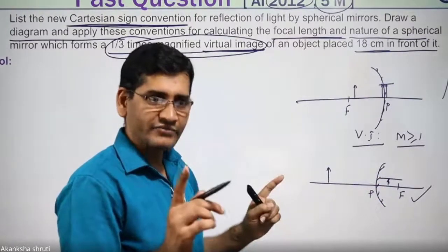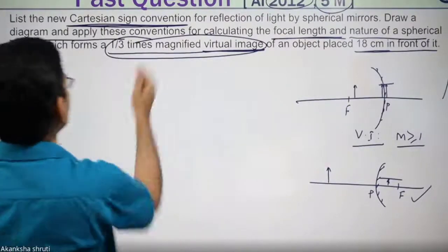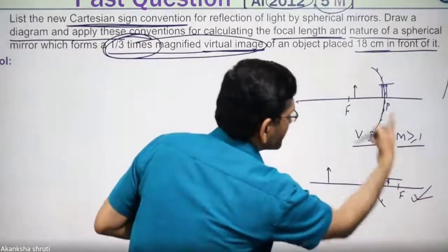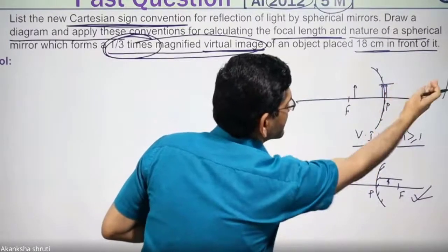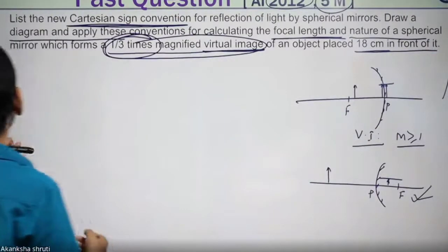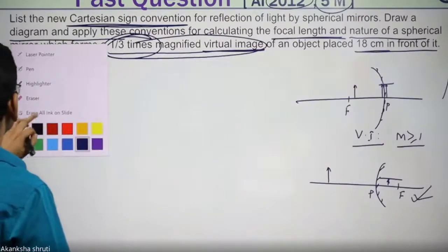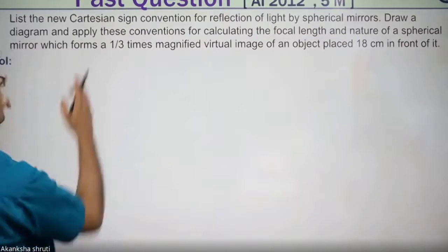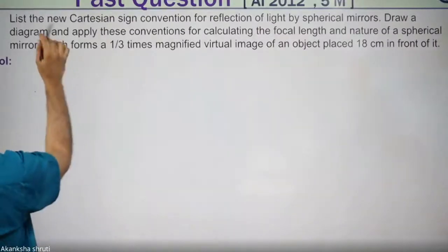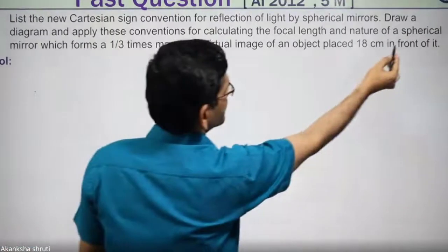Okay, so once we have decided that mirror, we have to draw the ray diagram for that. It is only this 1/3 time that indicates that it is this one, because in case of the concave mirror, the virtual images are always magnified. We had already listed. Okay, students, so be careful. Whatever the given things, from that we have to list down the data. Sign convention, you will do it very easily. The next one is drawing the ray diagram, that I will draw later. Let me first calculate the numerical value.